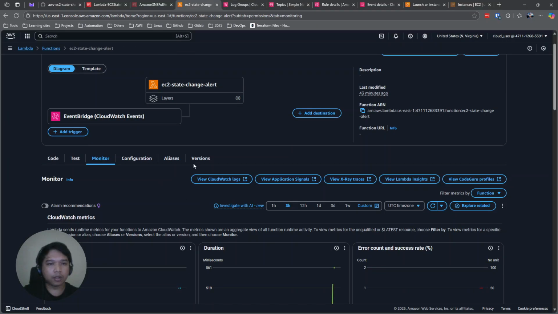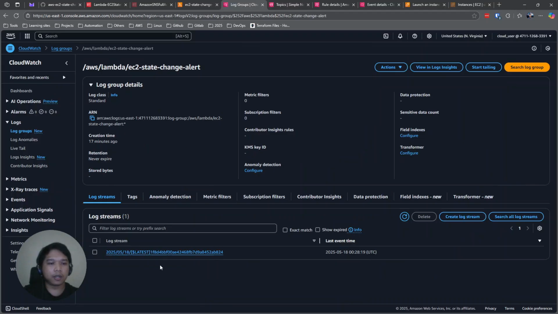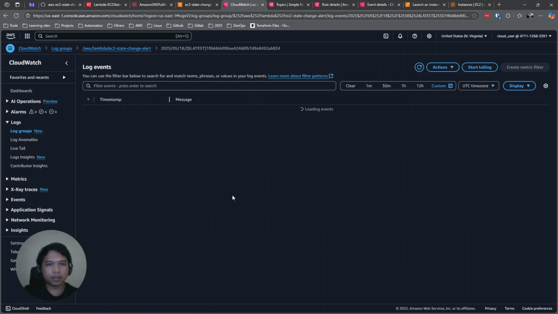We just go to the CloudWatch logs from the Lambda function, click the monitor and go to view CloudWatch logs. So here are the logs for that event earlier.